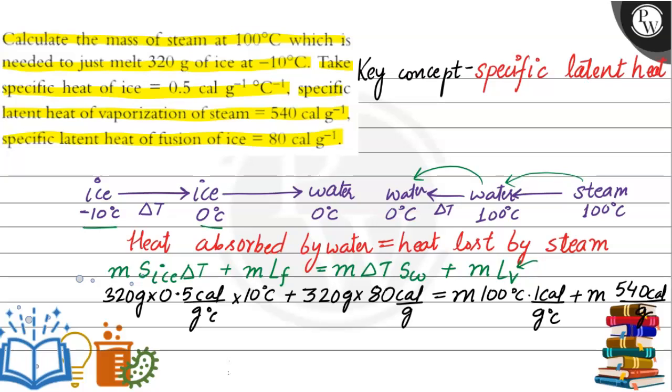On solving, the first term is 0.5 is 1 by 2 and 320 को 2 से divide करेंगे it will be 160 and 10 degree Celsius का एक 0 यहाँ पे आ गया that will be 1600 calorie plus 320 gram multiply 80 तो 320 multiply 80 will be 25,600 calorie as gram